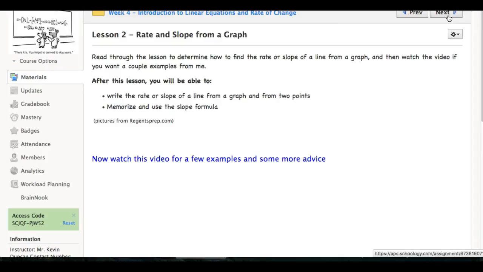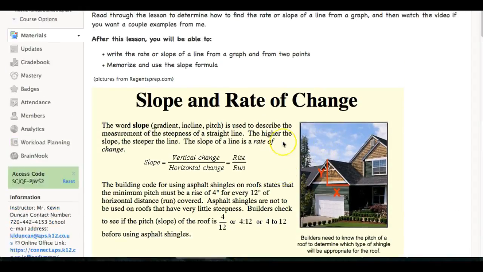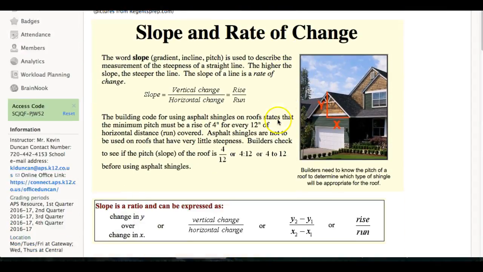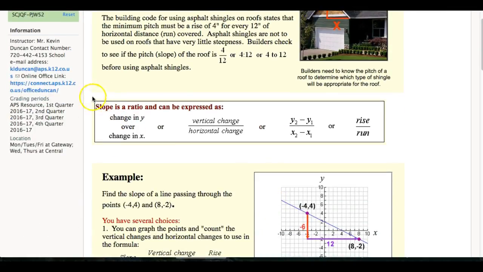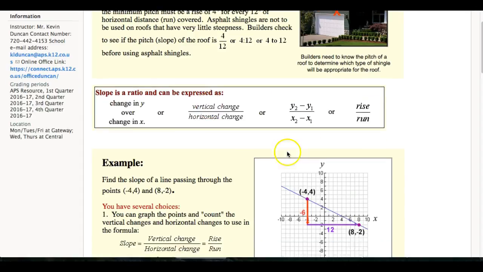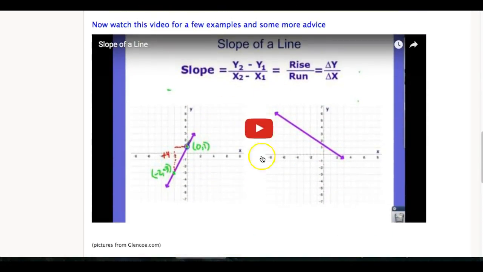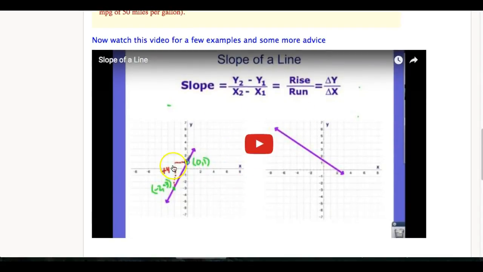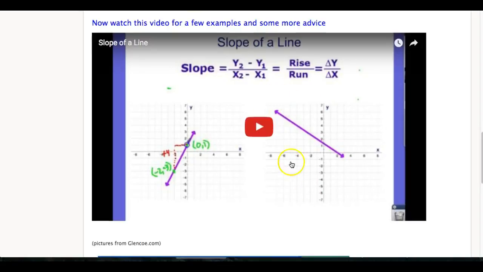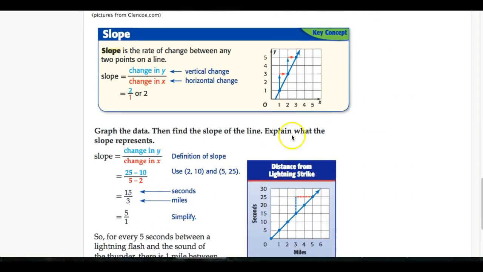All right, next lesson. For this one, we're talking about rate and slope of a graph. There's a little bit that you have to read here. Here's the important part. What's the slope? How do you find it? Here are some examples. And then a little bit further down, don't forget about this video because these 2 examples are on your notes that you have to take, and also there's a few things on here that aren't part of these